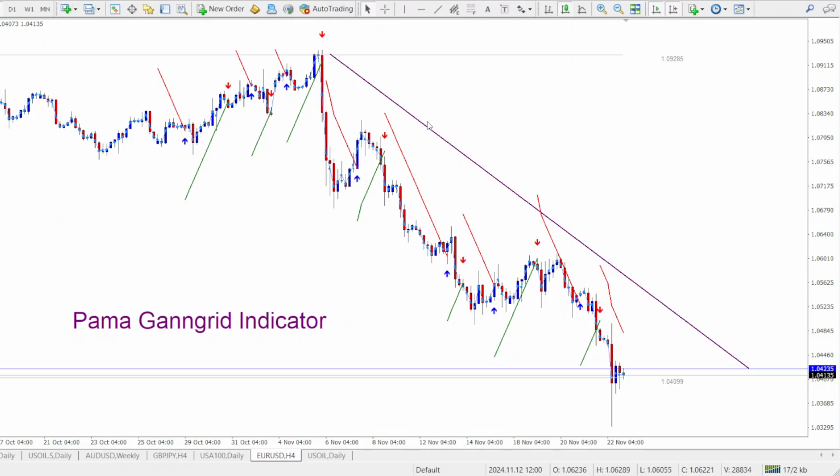So now, when you want to enter a trade, identify the trend first. That is the first step. After you have identified the trend, the second step is to wait for the arrow to form. Because after these lines form, the lines are just showing you that this is the prevailing move in the market. And then the second step is to wait for the arrow to form. So when you have the sell arrow form, that is your cue to enter a sell. So you can then confirm with